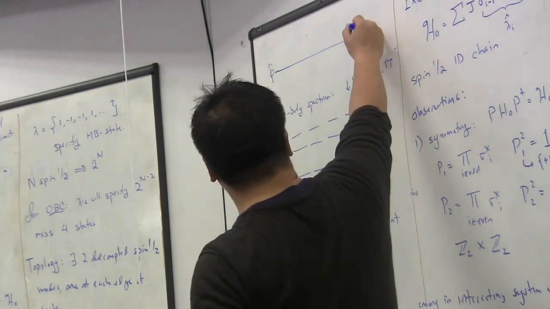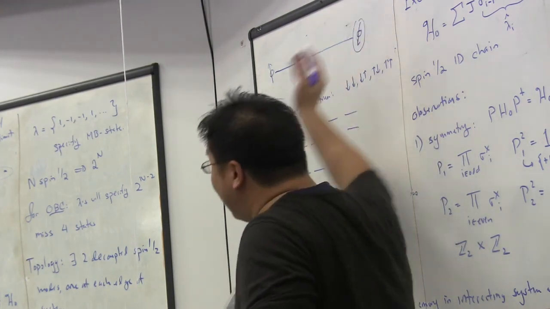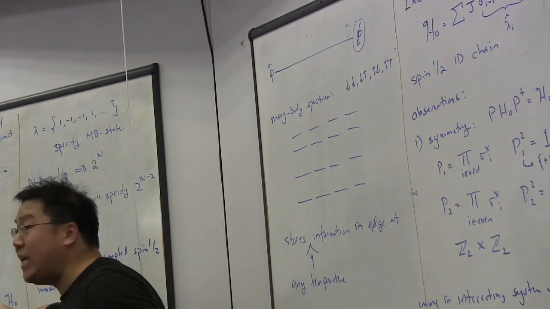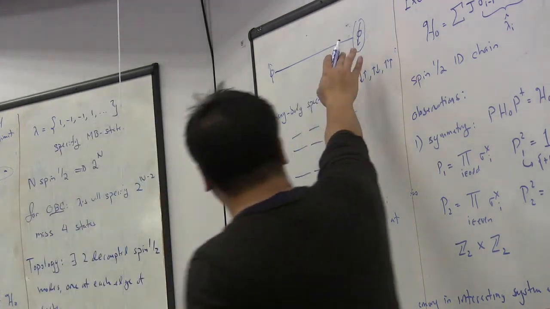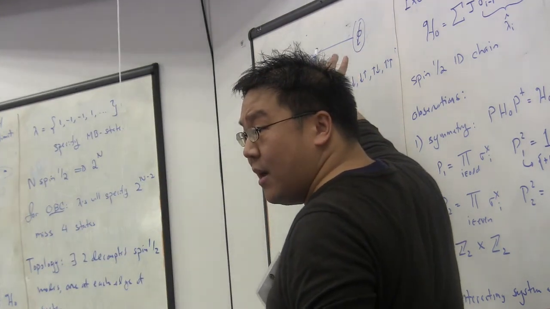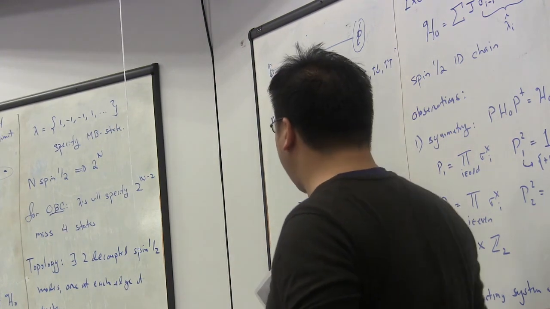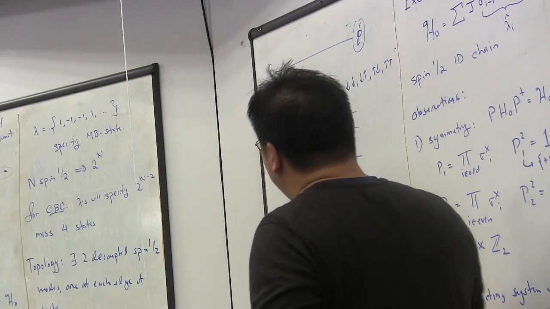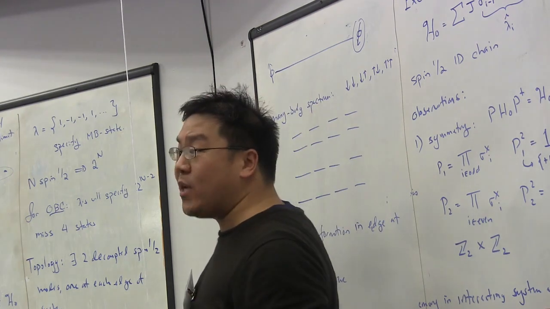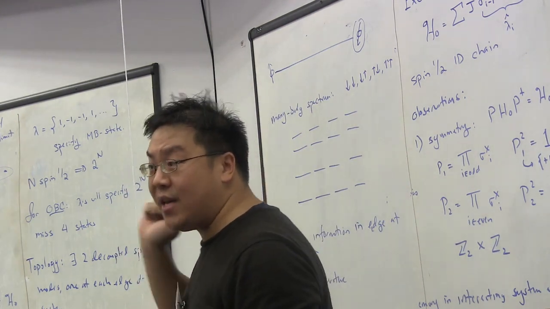So I can encode information in this. It's trivially decoupled because I have a fully commuting Hamiltonian. It's trivially decoupled from the bulk of the system. So I'm allowed to store a single bit of quantum information in each of the edge modes, and I don't care what temperature I'm at because there's no scattering of the bulk whatsoever, because we're in the limit where everything commutes with each other.